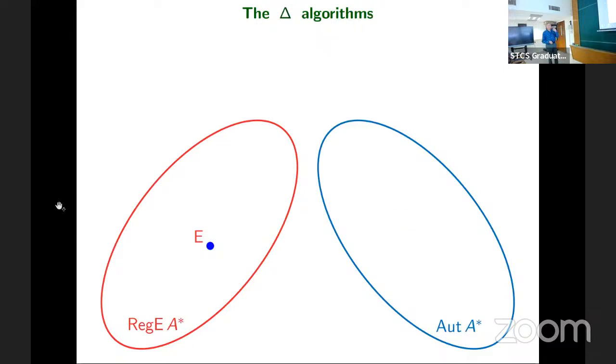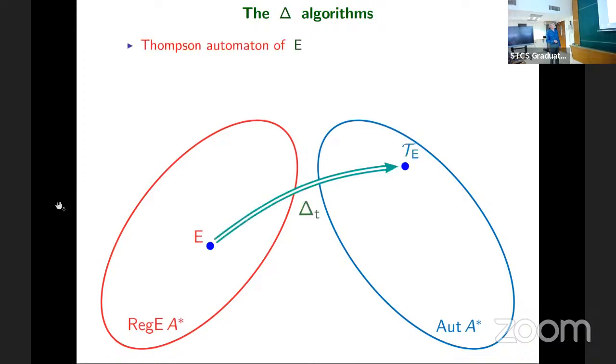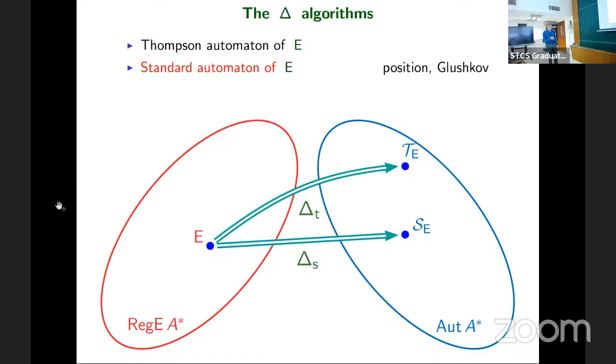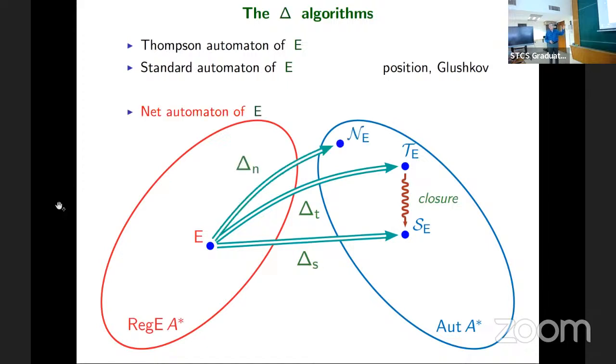And so what is the situation? You have probably heard, or maybe not, of the Thompson automaton of an expression. And you have probably heard about the Glushkov automaton, or the position automaton, of an expression. I prefer to call it the standard automaton. And it's known that there is a relation between these two automata. And one of the two new results I want to present is